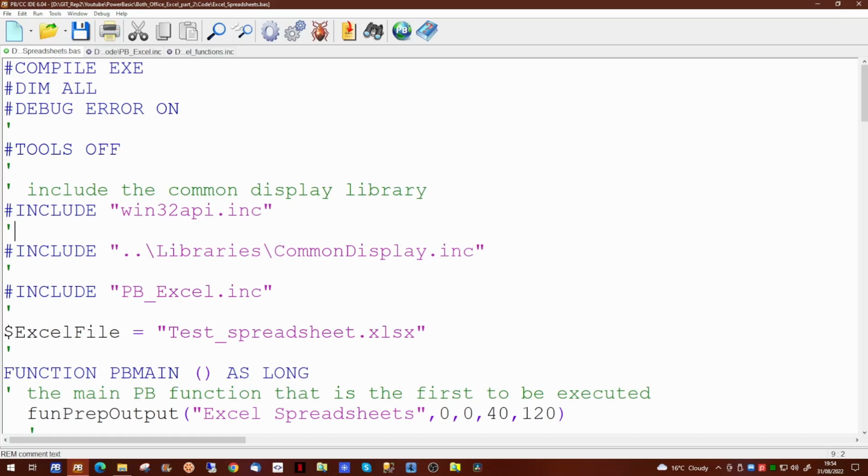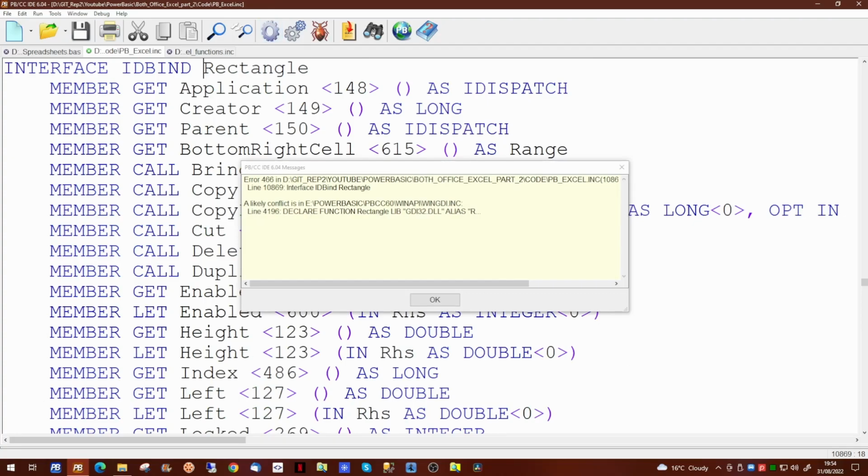When we put the call to the Windows 32 API back in and attempt to compile, we'll see we get a conflict. This conflict is between the PBXL include file, which we prepared using the COM browser, and one of the Windows API calls itself.